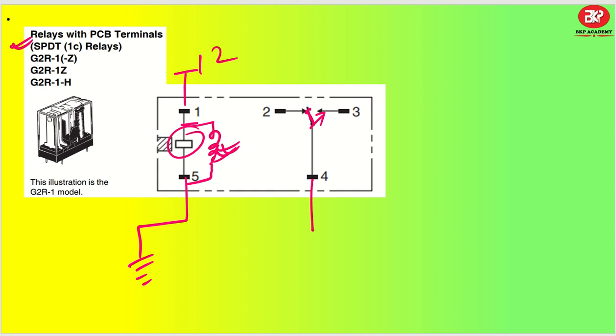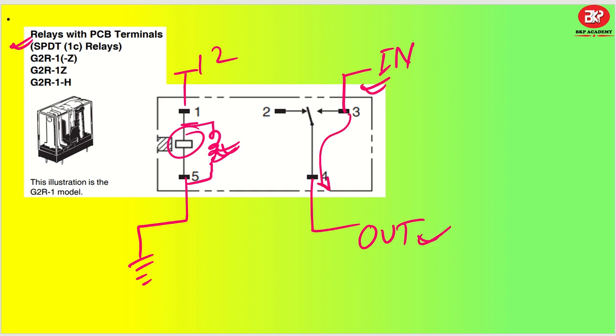And what will happen? Let us say some signal is connected at pin number 3, let us say input signal. Okay. And this is my output. Okay. So what will happen? Earlier the input signal is not connected to the output signal through this path. So what is our aim? Once the relay gets switched on, this pole should get connected to pin number 3, and once it gets connected to pin number 3, this is the path that is going to get completed. So this is very simple work. How we are going to do this particular circuit design, that we'll try to understand.